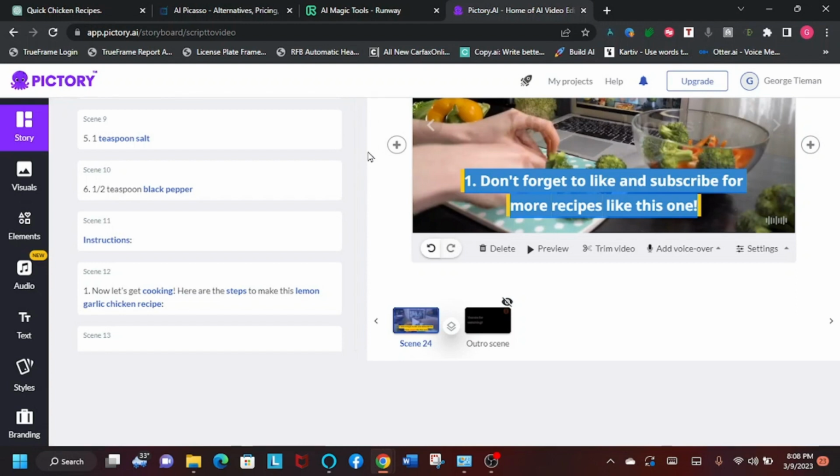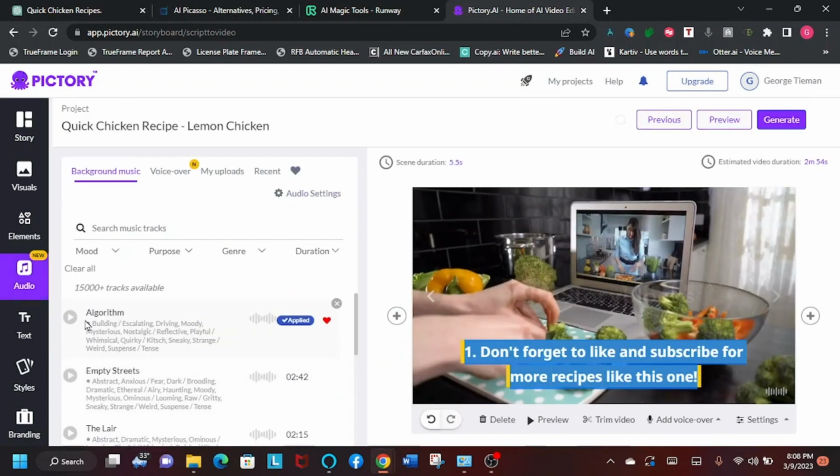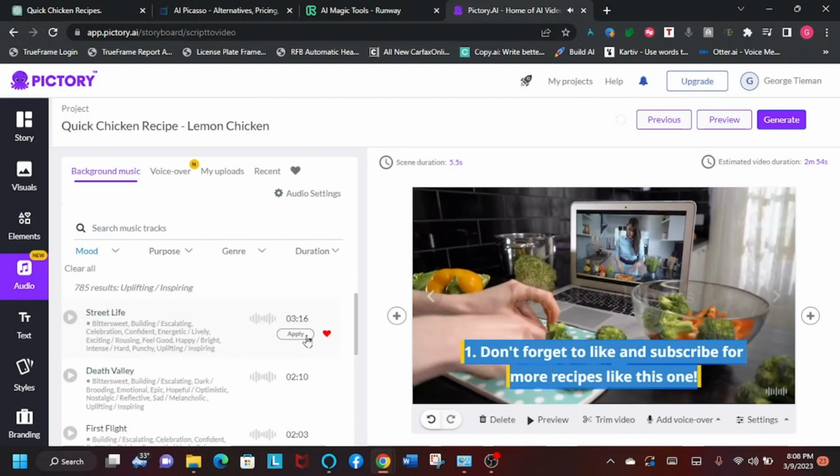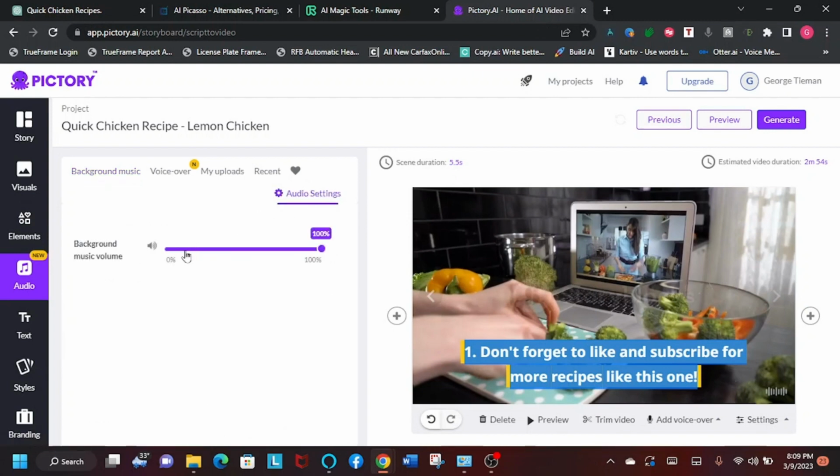So basically, what you're going to want to do from there is go to an audio track. So while this is playing, let's see if you can get something like you're walking, you're upbeat, excited, you're ready to cook, uplifting and inspiring. Let's play this one. Yep, I like that. That's good. All right, we're going to go ahead to the audio settings, and we're going to want to turn that down just a little bit,